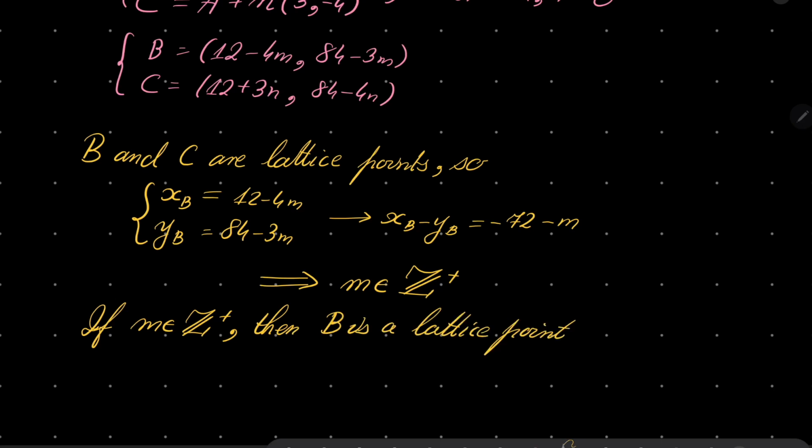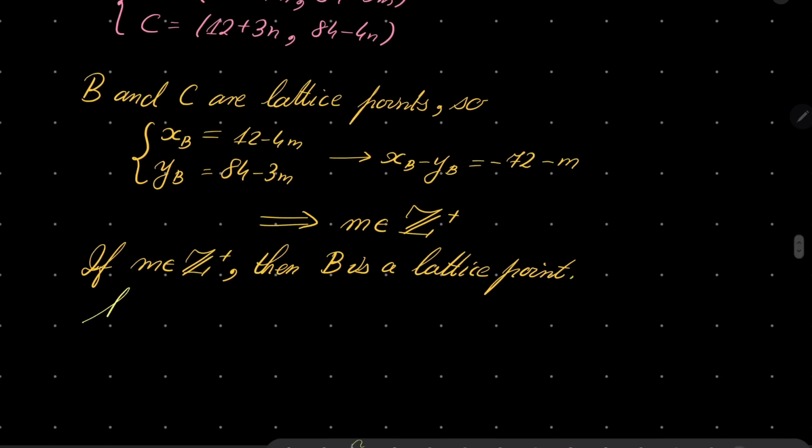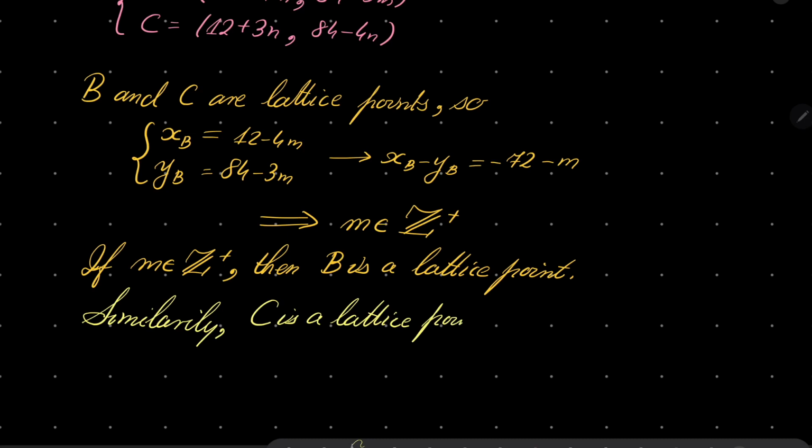It's a lattice point, obviously, because here we have just integer coordinates. And similarly, you can check it yourself, C is a lattice point if and only if this number n is a positive integer, given that these points are positive numbers. All right,